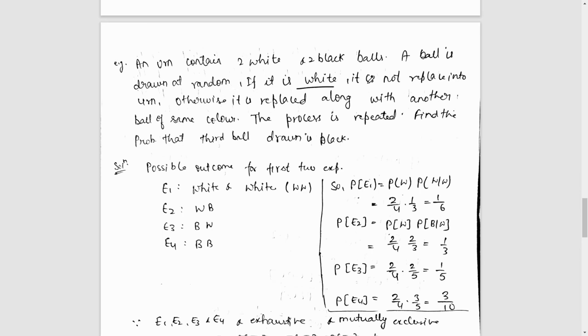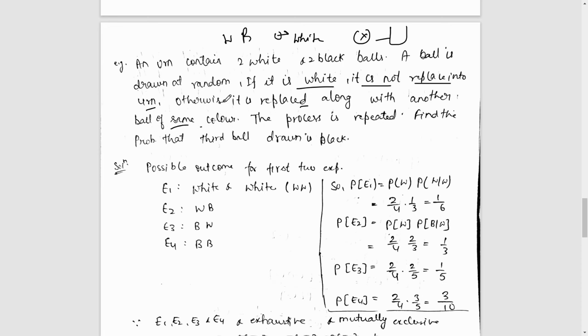If it is a white ball, it is not replaced into the urn. So let's say there are white balls and black balls. If you pick a ball and it turns out to be white, it is not returned into the bag. Okay. But if it's a black ball, obviously it is replaced by a ball